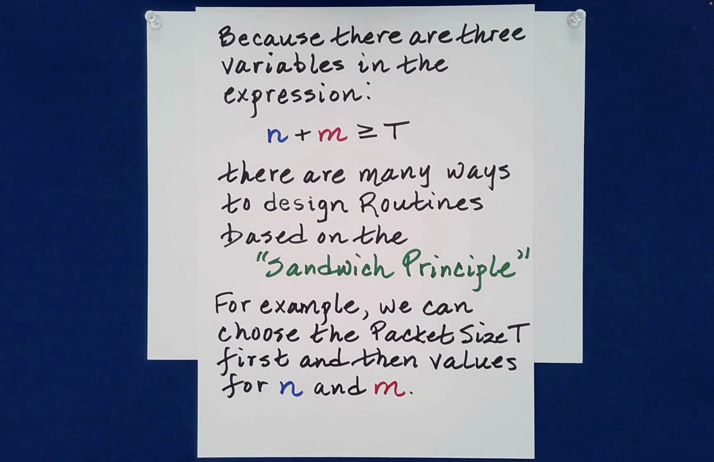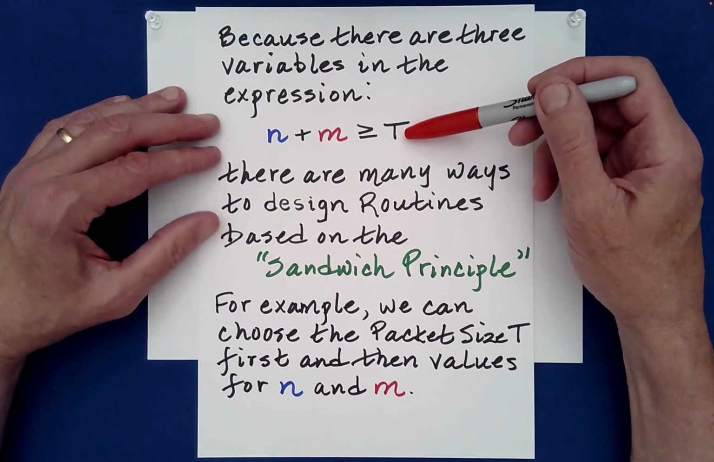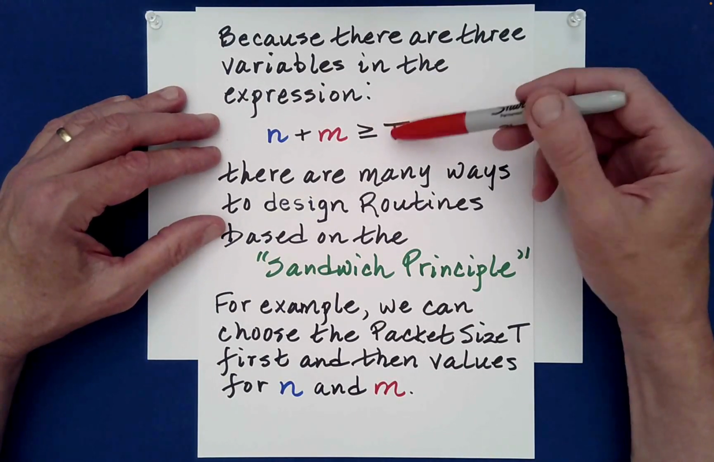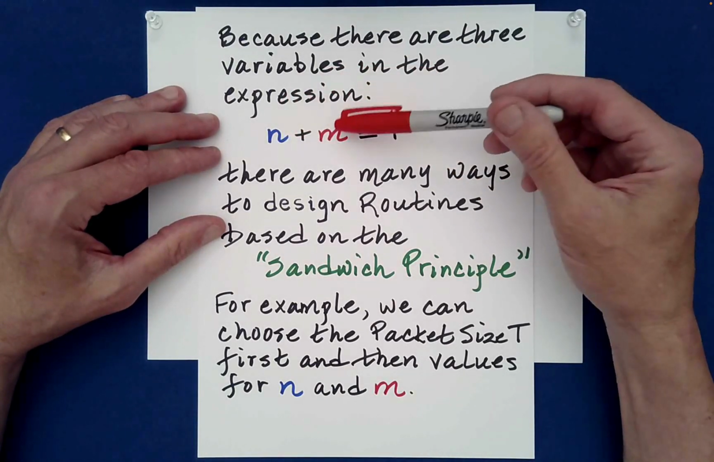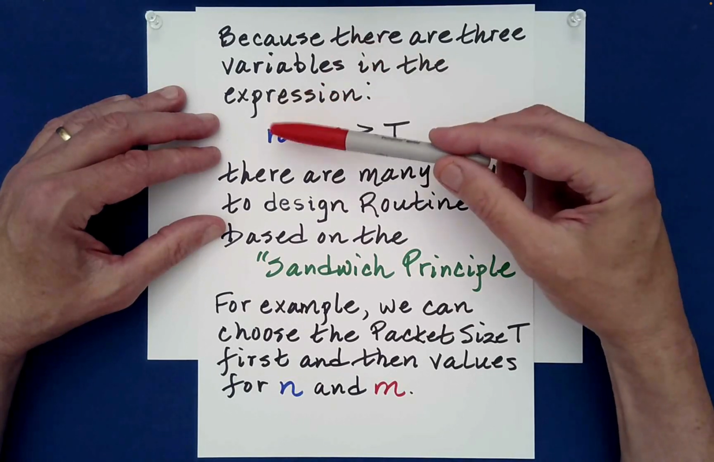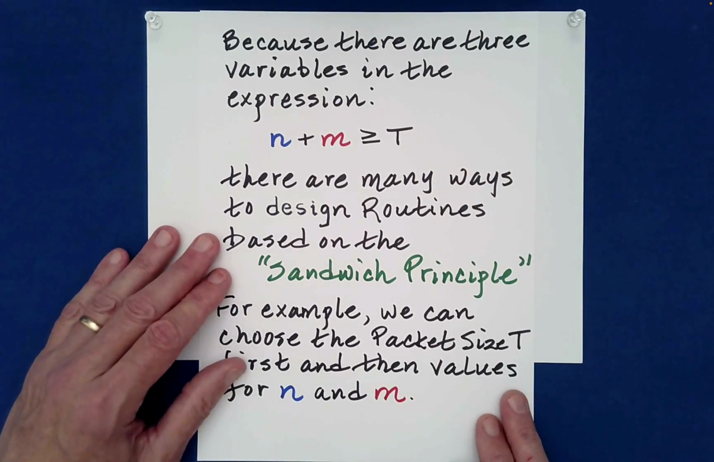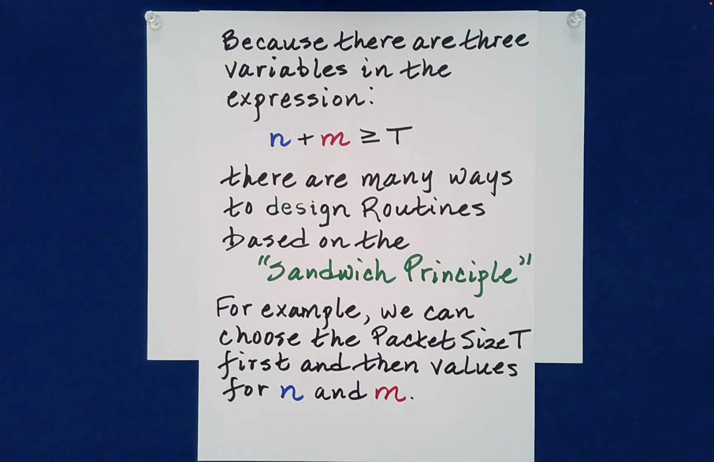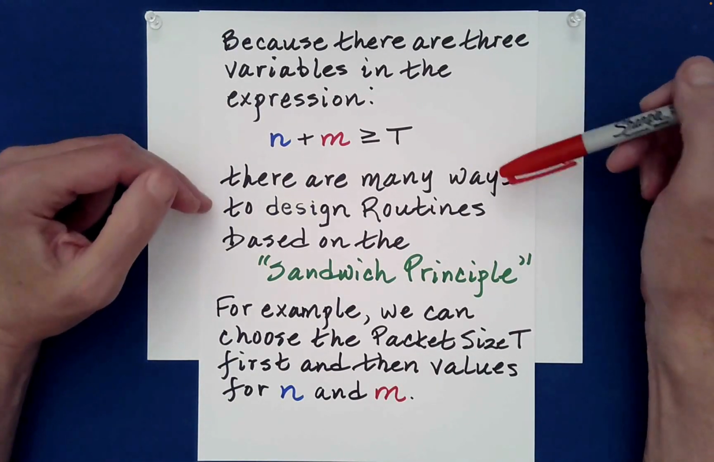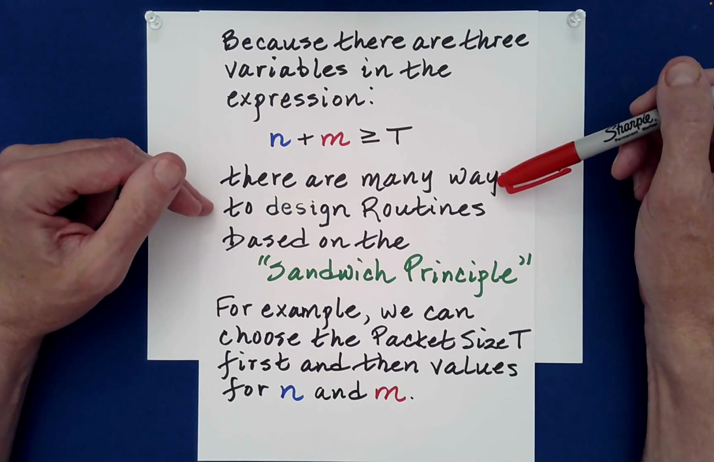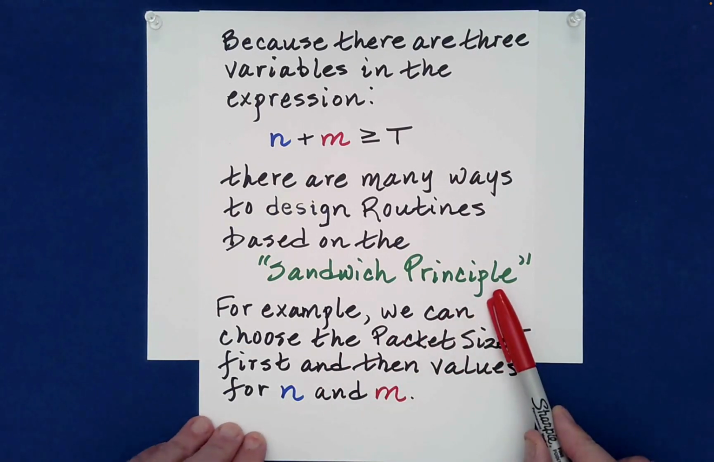The difficulty for most people comes from the fact that we have what's called an inequality. So we have a greater than or equal to sign here, but there are three variables. We have an n, m, and t. So that's quite a bit to keep track of. Because of this requirement here, there are many ways to design routines based on the sandwich principle,